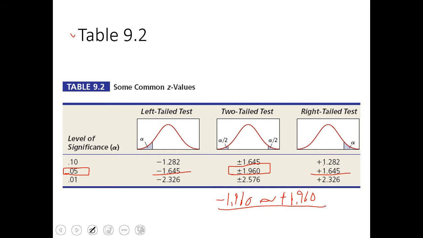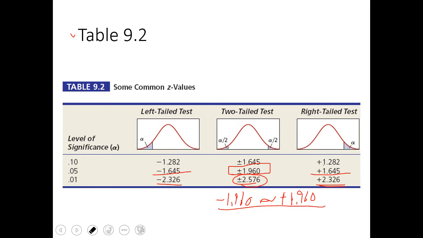And if your level of significance is 1%, then for the left-tailed test the critical point is minus 2.326. For the right-tailed test the critical point is plus 2.326, and the two-tailed test has the critical value plus minus 2.576. So these critical values